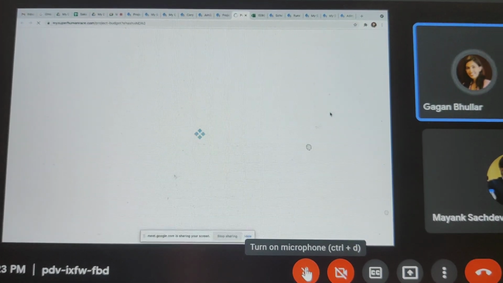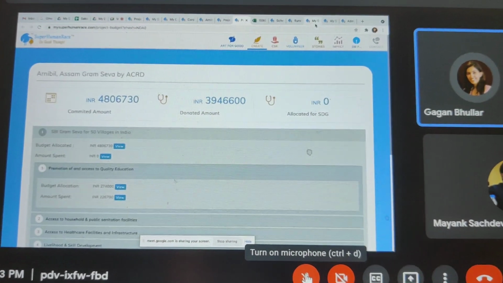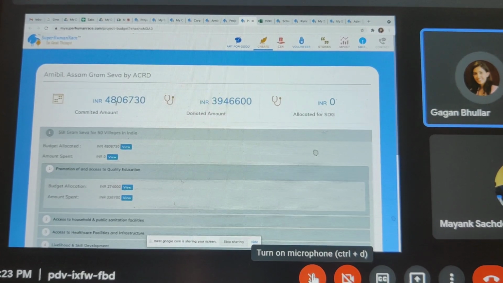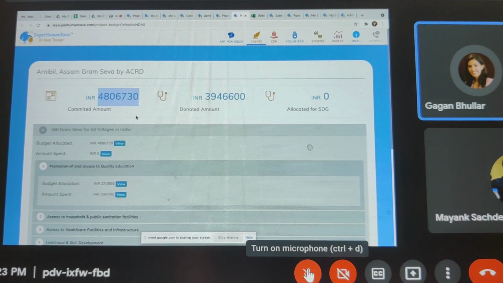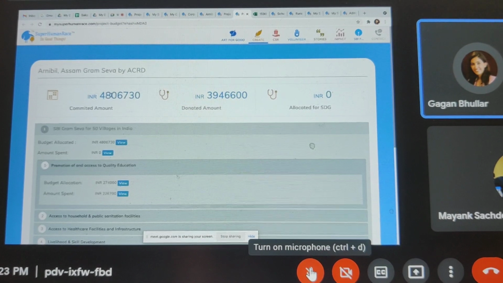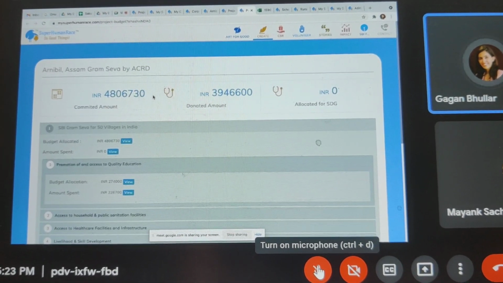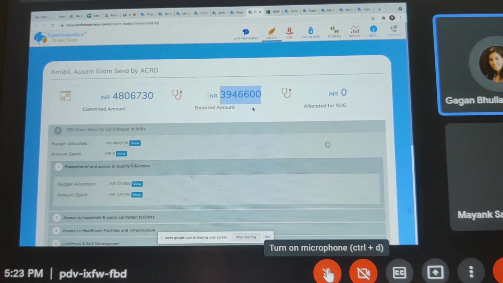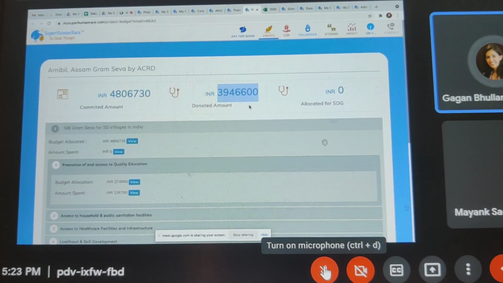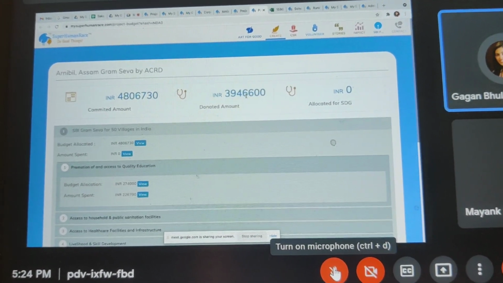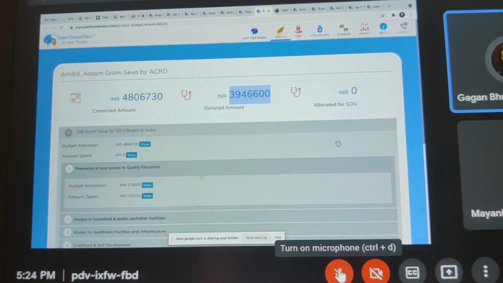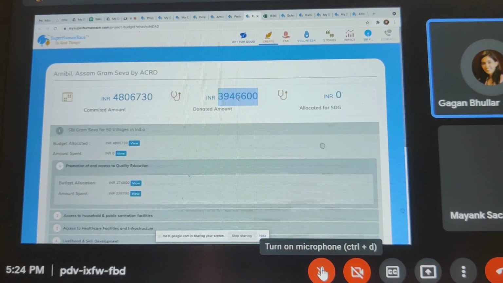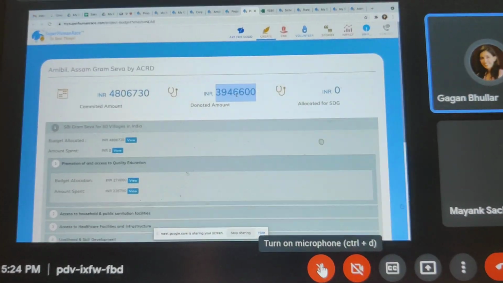So the budget is tracked at 4 levels. The first is the planning that you were doing in the planning and budgeting module, where you were allocating the amount. Then you've committed certain amounts to projects. So for this project, you've committed that, over the course of 3 years or whatever, I will make this payment, right? Then against this, you've made some disbursals. So that is your donated amount. And then there is a utilization amount, right? Which the non-profit reports that out of the disbursed amount that was received by them, they've utilized certain funds.